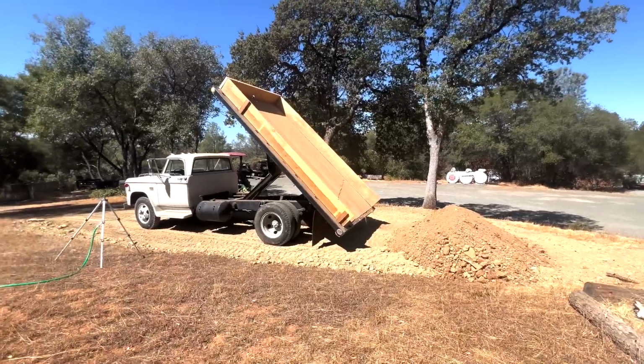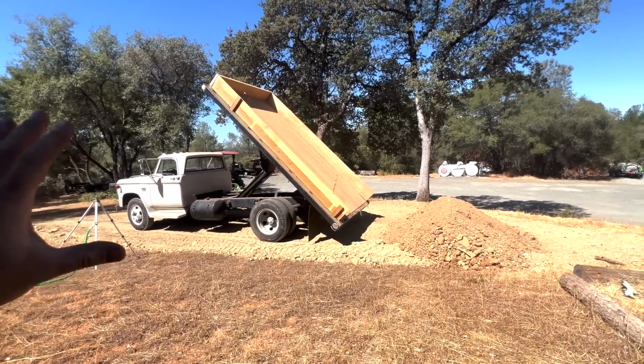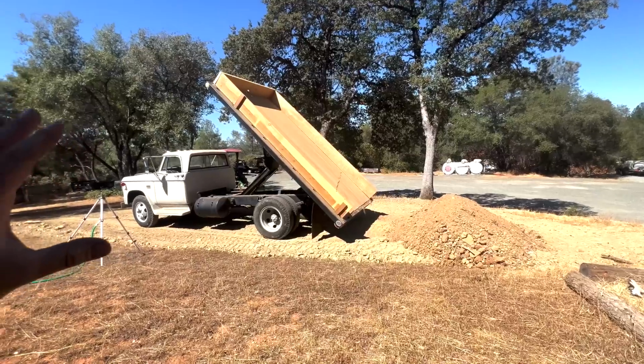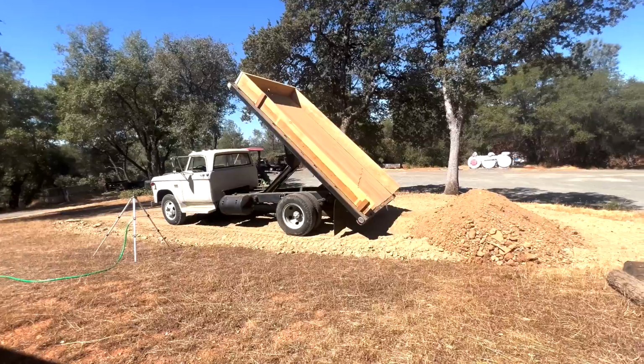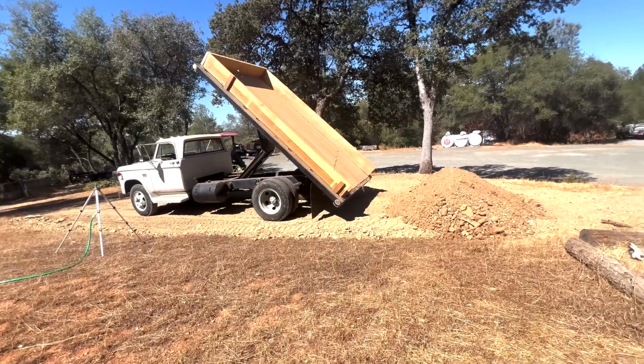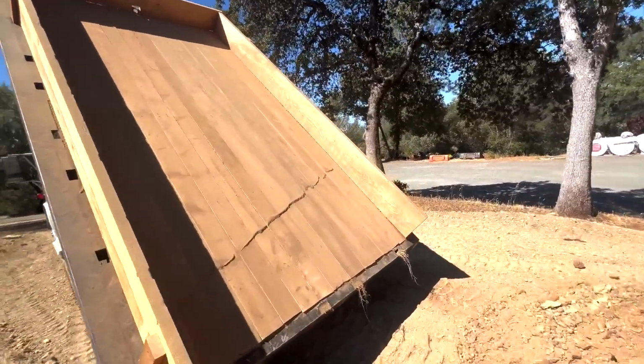This thing literally went from parked in the field for 5 years. 5 years this thing sat. I have put maybe 8, 9 hours into this thing, not including time going and getting the boards and stuff like that. I already had some of this stuff here. But